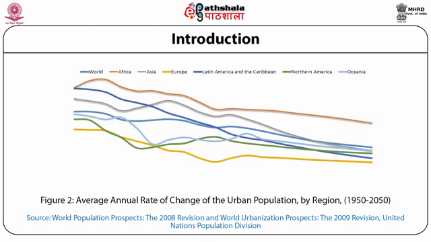Here, it is important to note that the real growth of urban population does not lie in increasing growth rates, but in the absolute size of increments, especially in Asia and Africa. The fact is, the overall growth rate of urban population has consistently declined in most world regions. Still, the annual rate of change of the urban population is highest in Africa, followed by Asia. On the other hand, the rate of change of urban population has fallen below 1% in case of Europe and is close to 1% in case of North America. This suggests that although the growth of urban population up to the middle of the 21st century would be declining, the major contribution of absolute increase in urban population would be made by the developing regions of Africa and